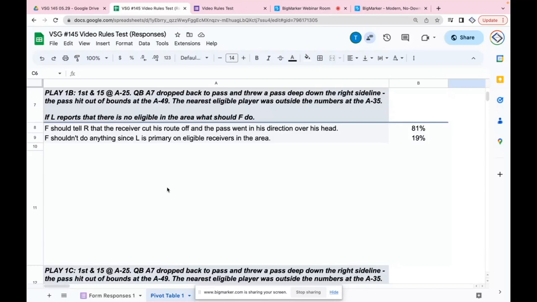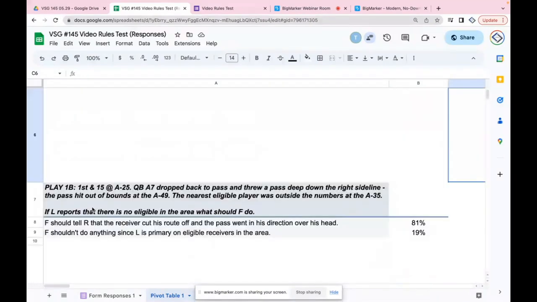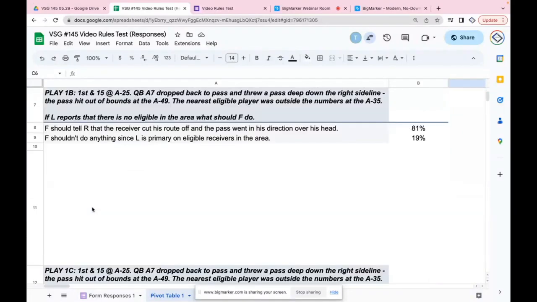Right. Okay, cool. And Brandon, you kind of mentioned it before. The field judge probably has the best perspective on this. The line of scrimmage official, I don't remember what exactly the formation was, but the field judge has the best perspective on a receiver being in the area. And it is conceivable that the line of scrimmage official would look up and say, whoa, there's nobody down here. And that's very conceivable. So just as a field judge, let's put ourselves in that position and imagine that this is actually happening while we're out there on the field, because it's possible.